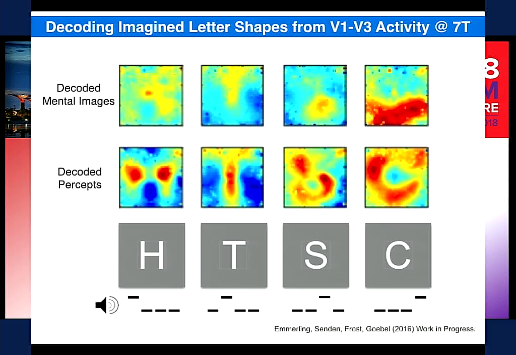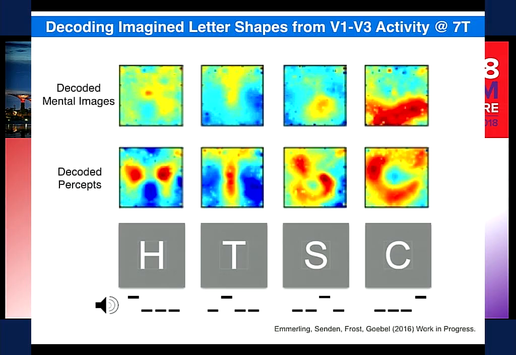So subjects here see these letter shapes. First, it's not imagined, it's just seen. And then from the activity in the visual cortex, we decode it back in the visual field. So these are reconstructed letters from primary visual cortex, where the information doesn't know anything about this letter, but this comes then out, and you can almost read that like an HTC. So that is possible now using 7 Tesla MRI to decode that. You can even do this in 3 Tesla, but this you cannot do. We tried. So we need high field imaging and high resolution and high signal to noise to do that, at